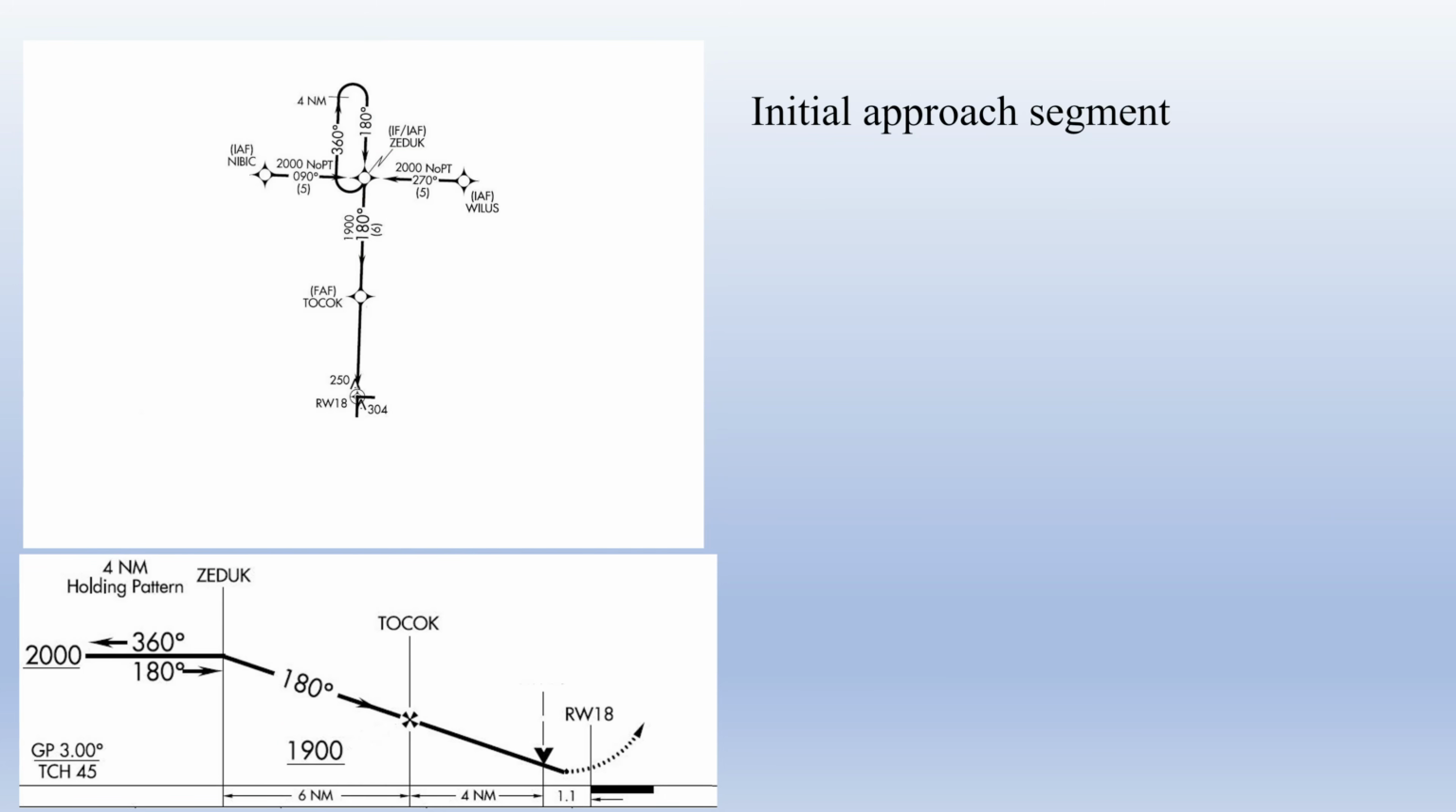Now let's back up and look at the initial approach segment. The purpose of this segment is to transition the aircraft from the en route environment onto the approach. It starts at an initial approach fix, which is labeled IAF on the chart. An initial approach fix is a fix a pilot can navigate to in the en route environment to begin the